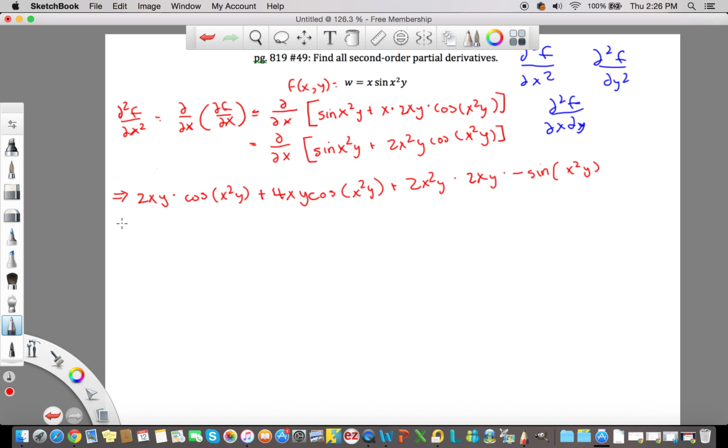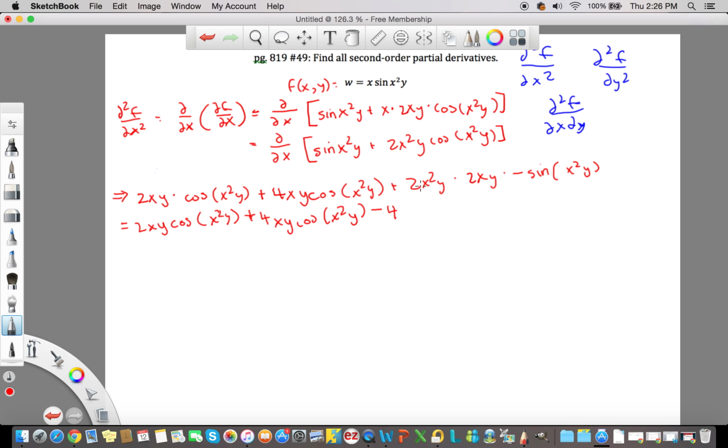So we're going to say that equals, we have this 2xy cosine of x squared y plus 4xy cosine x squared y. And then we're going to have this minus out here, so it's going to be minus,